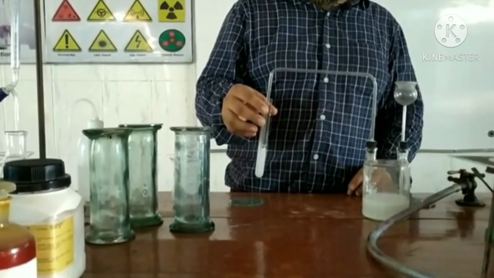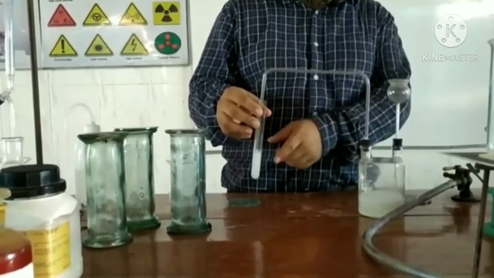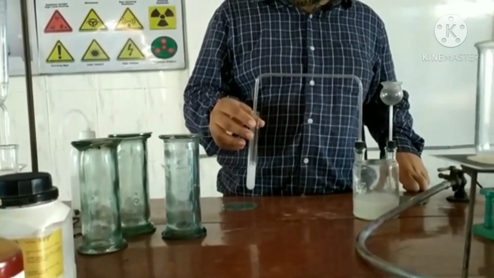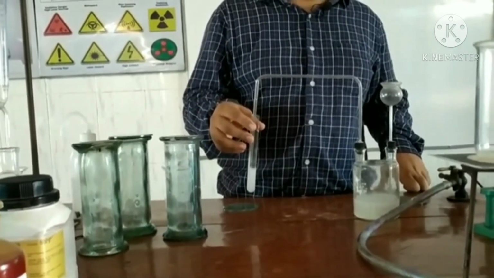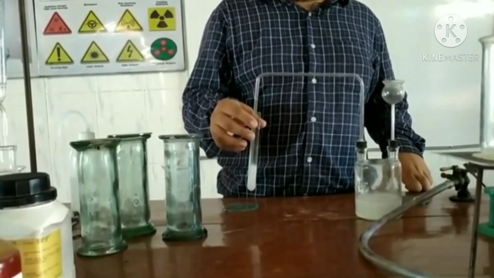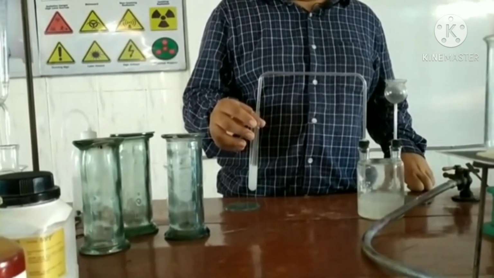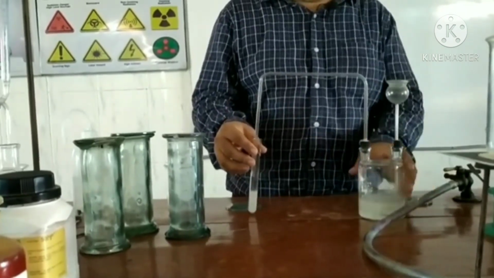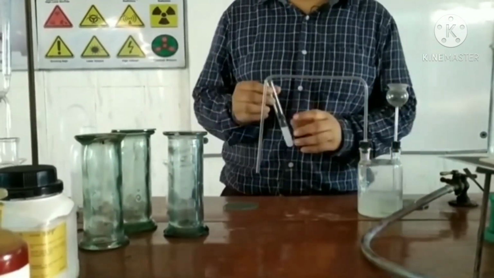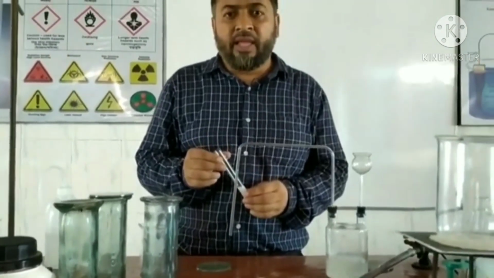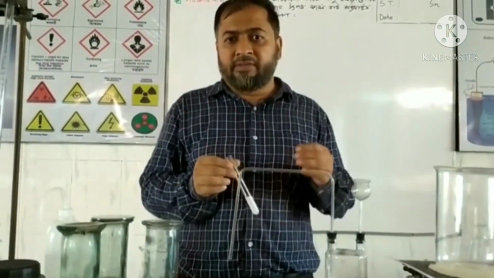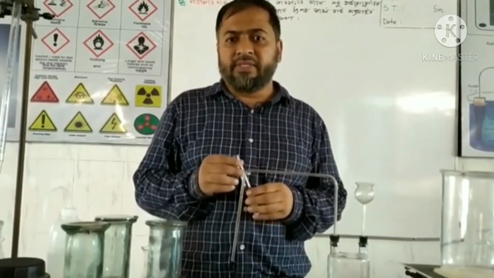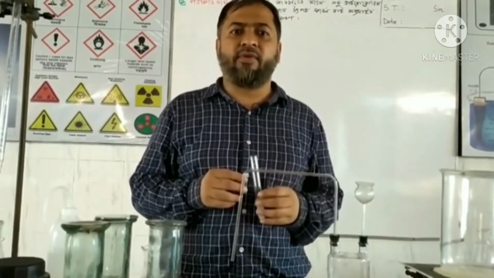You can see carbon dioxide gas is still producing. The transparent lime water turns turbid after adding carbon dioxide gas. No other gas, oxygen, hydrogen or nitrogen, can do the same thing which only carbon dioxide can do. So we proved it two ways. Number one, carbon dioxide gas extinguishes fire, and number two, carbon dioxide gas turns transparent lime water turbid. So this is the proof that this is carbon dioxide gas.